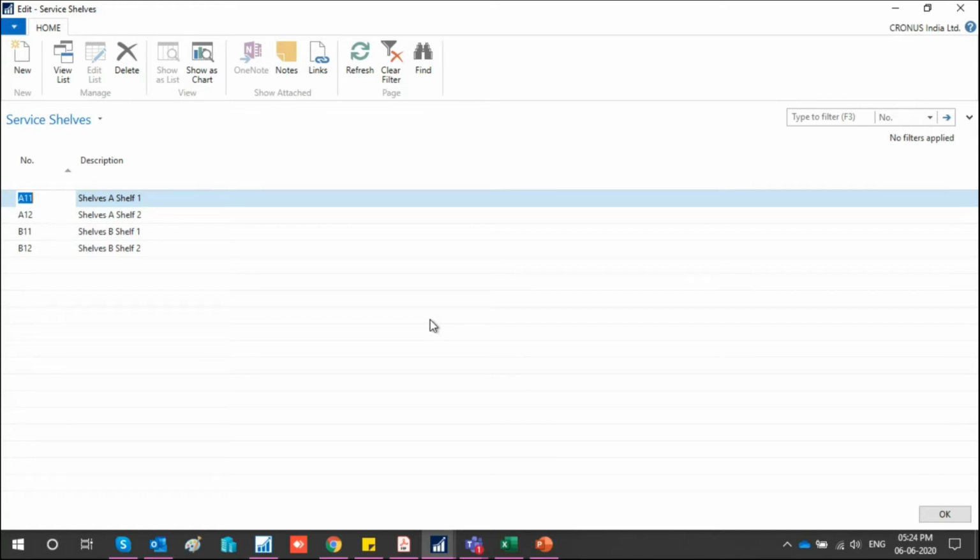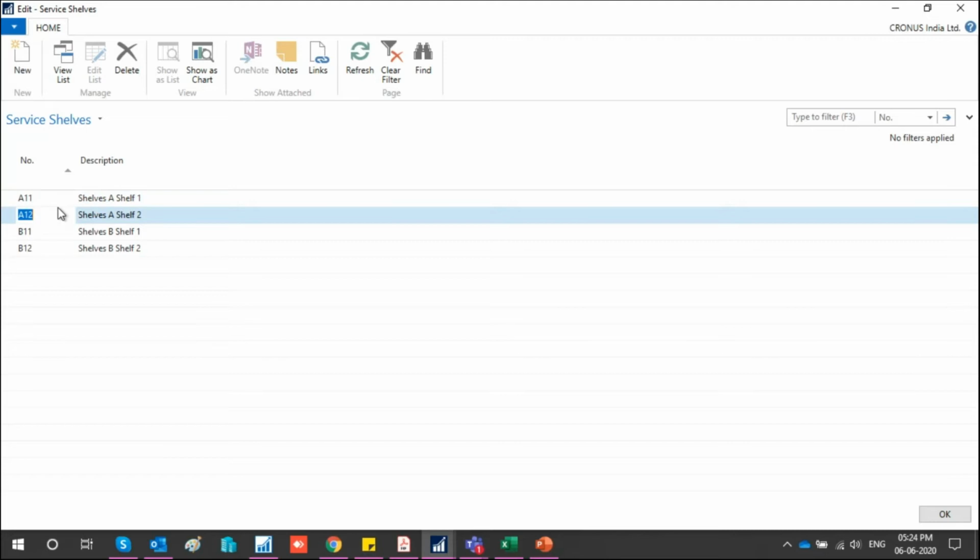But there are few things which have to come back to the company's location where only you can provide the solution, and then you send that equipment back to the client location. So for that, when you get the equipment from the client side, you have to keep it in a particular cell. This is how they manage it. So those cells can be defined here. Simple, just number and description you can define as per your comfort. Okay.